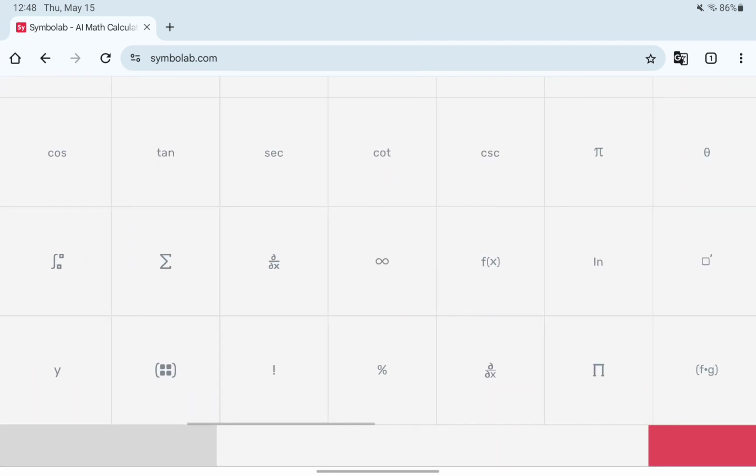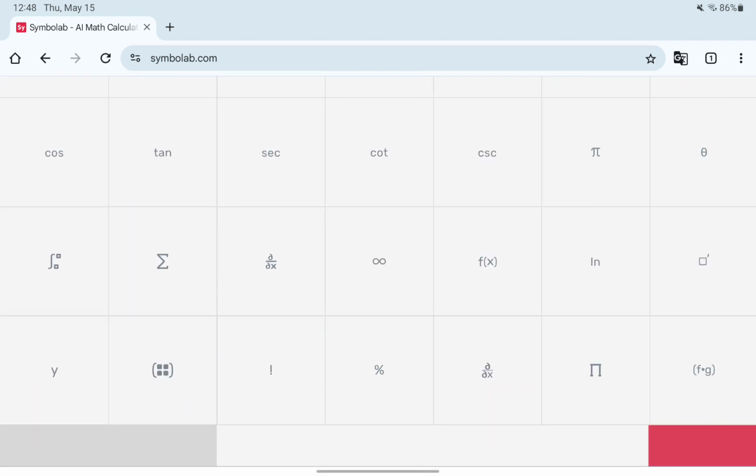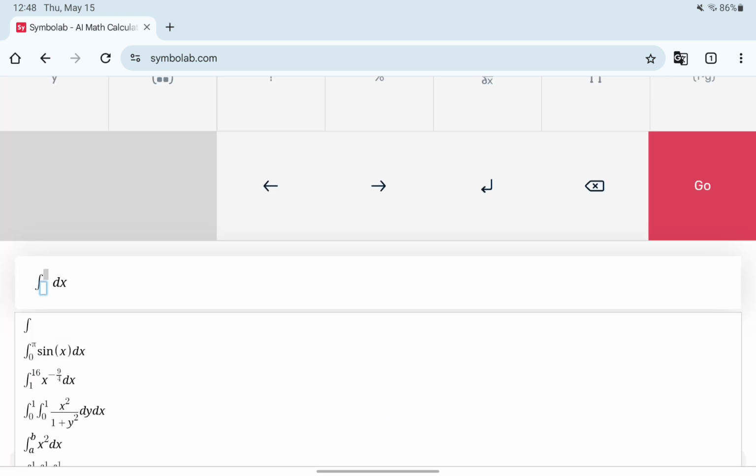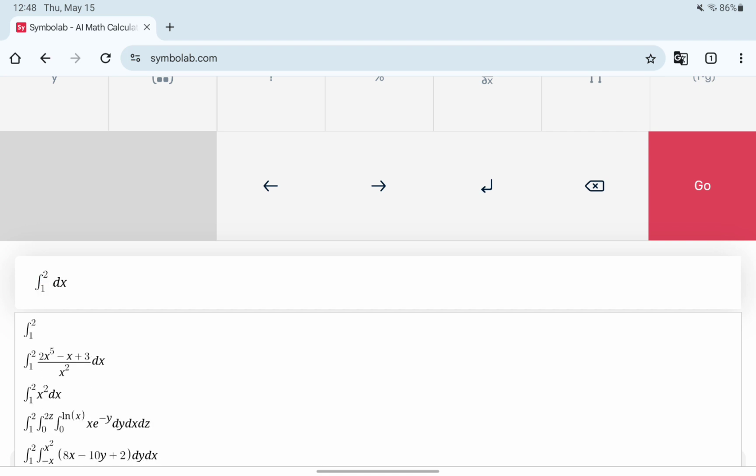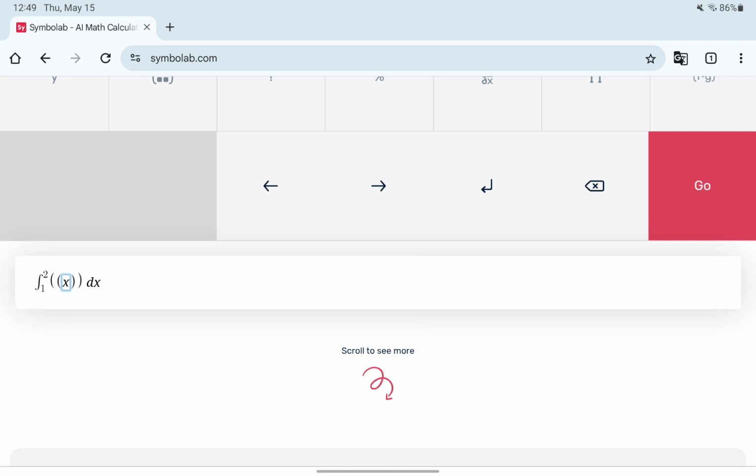The first thing that we'll need to do is find the definite integral tab, or tile. This will set up an integration problem for us. We'll input the lower and upper bounds, and then the function that we want to integrate. In this case, it's x squared plus 4